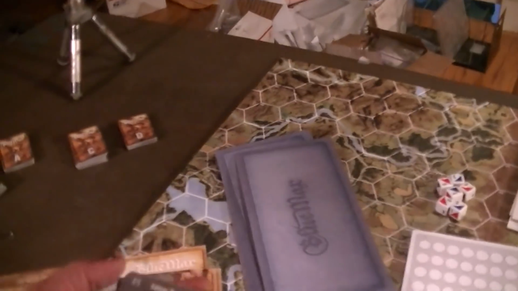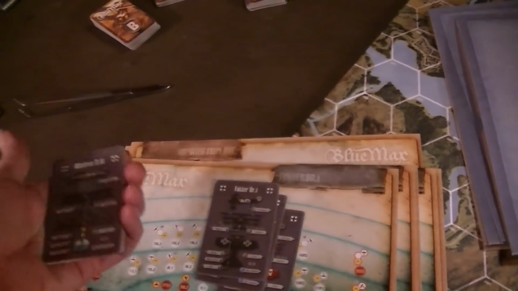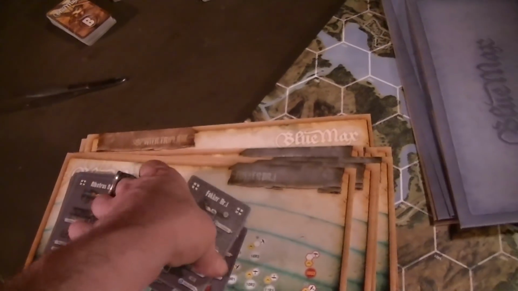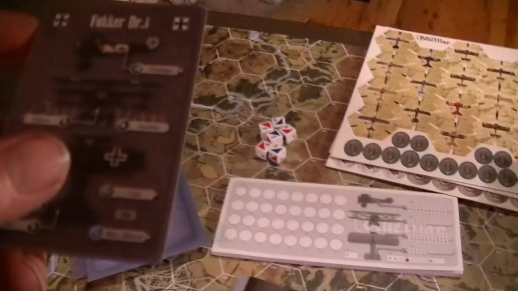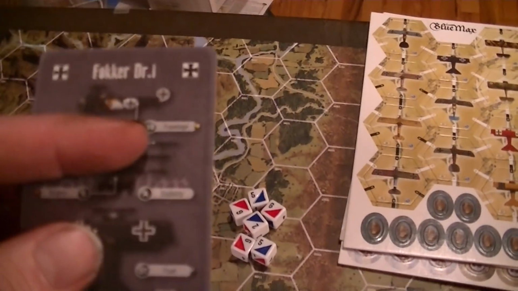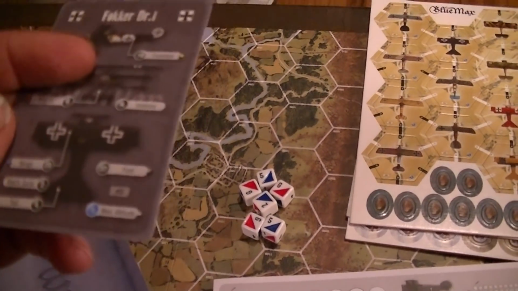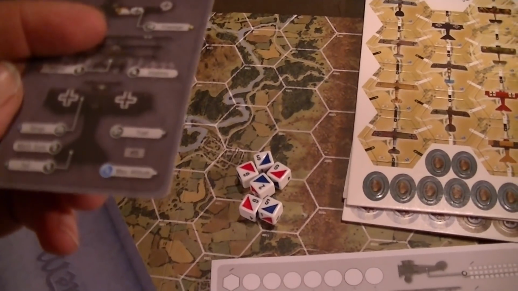Instead of a chart with information on all the planes, you have 3 copies of cards for each plane, with different images on it so that they match the plane on here. And these contain all the information you need, not terribly easily readable to my eyes. The number of hits that you have in each location, the stability level of the plane, how much fuel it carries,